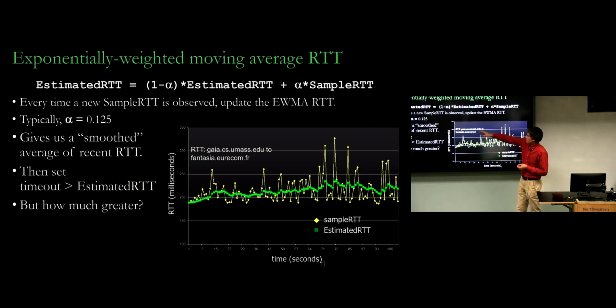And if you choose an alpha, for example 1/8, which is 0.125, then what that means is that you take one of your current samples and 7 of your previous samples and you average them together. And that gives you something that changes slightly every time, but takes into account a lot of the previous history. Okay? And you just have to remember one thing, the current estimate. So it gives you a smooth average, and that smooth average changes over time.